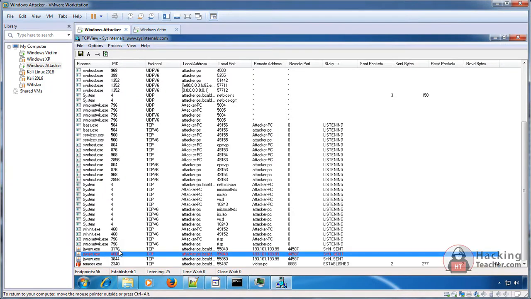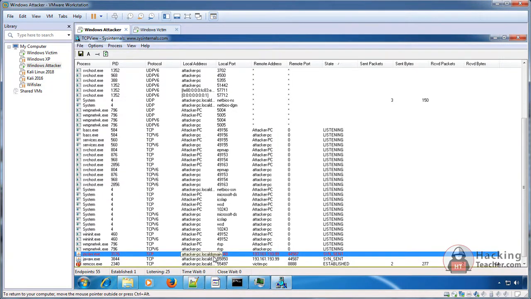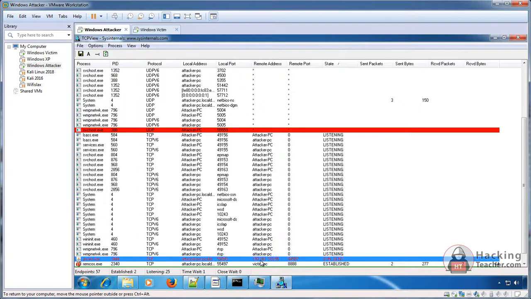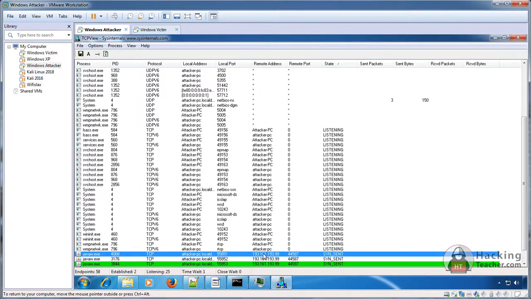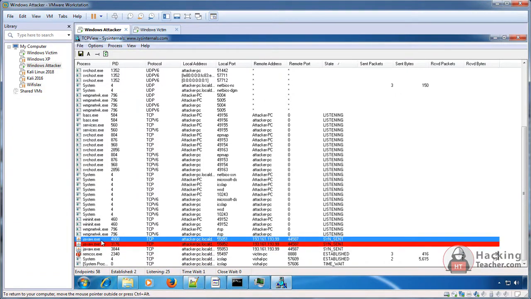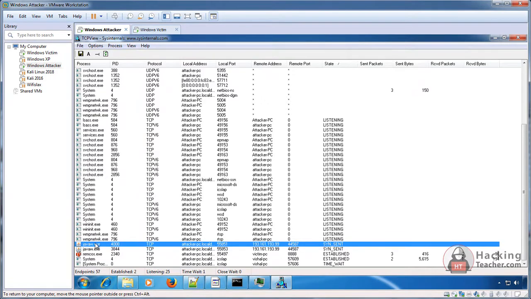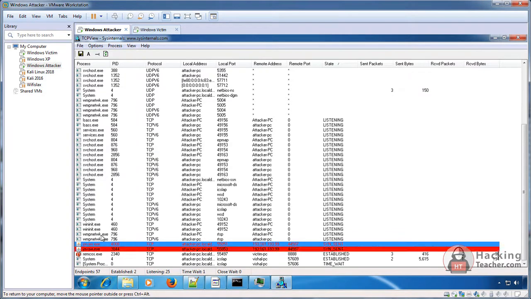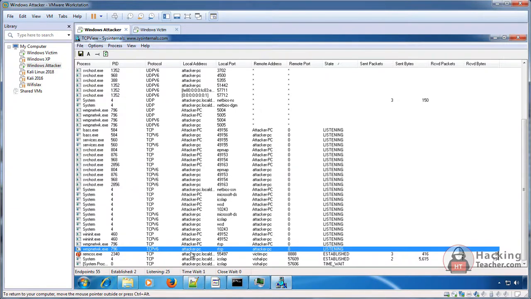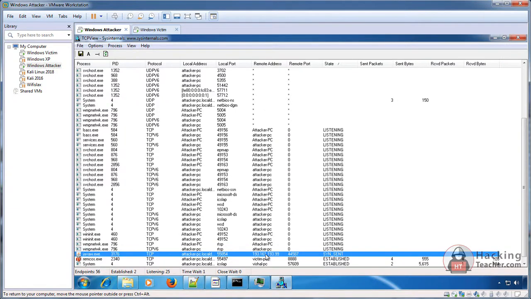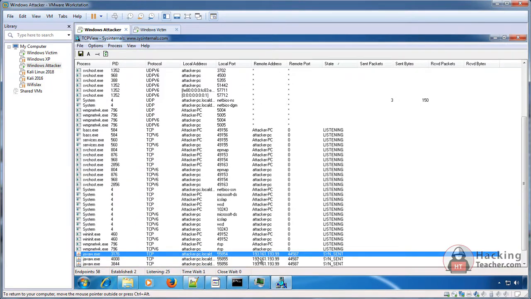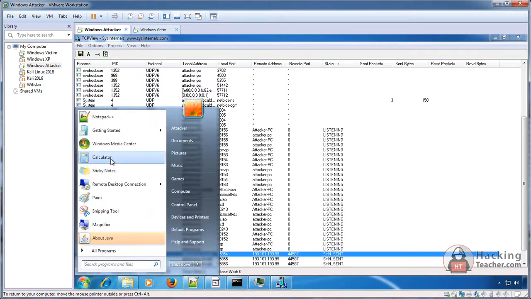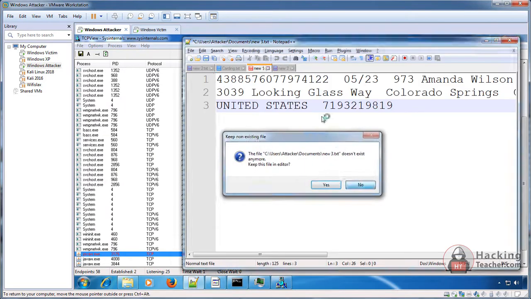But if you see one more thing, my Java is also trying to connect somewhere on a 193 IP. This is somewhere else. I was also running a lot of other Trojans on my computer so that I can show you real examples. I just downloaded a Trojan from the internet and double clicked it in my VMware virtual machine to show you how my computer connects to some IP on the internet. I'll take its screenshot. This is the real hacker's IP.